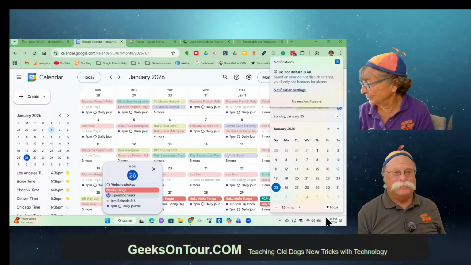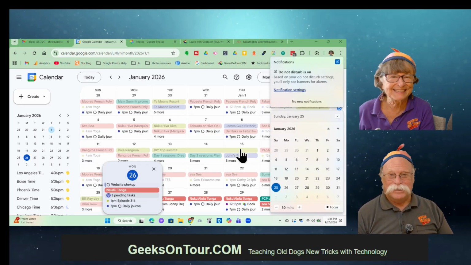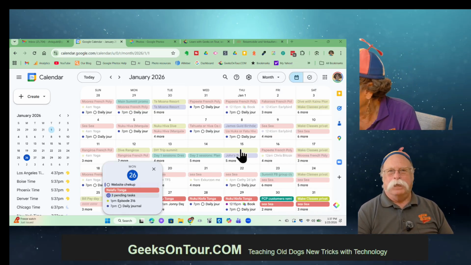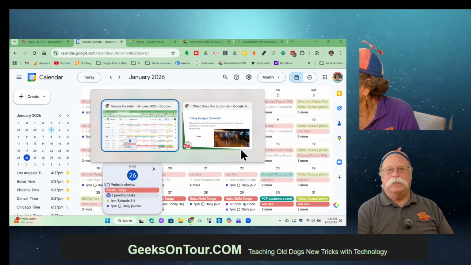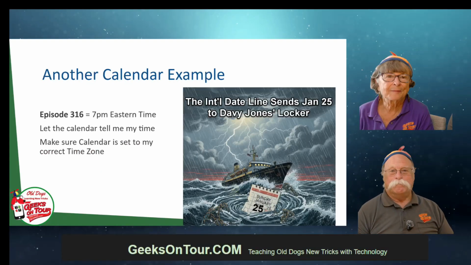So yeah, my computer still says it's Sunday the 25th because I have not changed the setting in my computer system. The calendar is separate. Good point. Good point. My clock on my computer says that it's Monday the 26th because I have changed it.